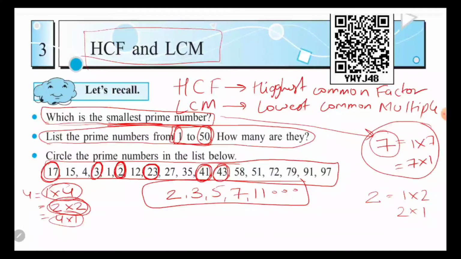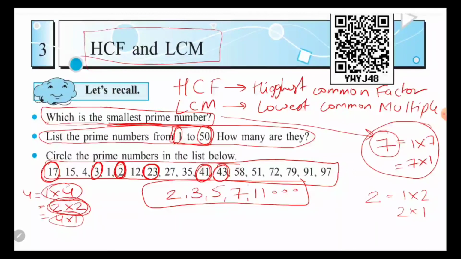58 comes in 2's table. Okay, now you all are grown up. आपको ये नहीं समझ में आना चाहिए कि 2 का टेबल जो है वो सिर्फ 10 तक होता है. 2 10s are 20. No, but if we divide 58 we can get the answer, so it also comes in 2's table. Okay, now next 51.